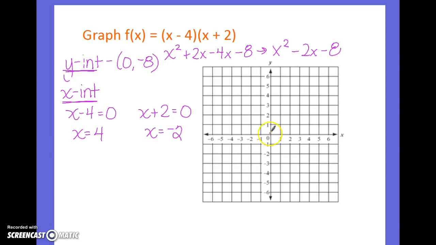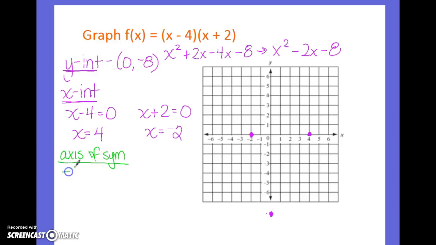Real quick, I'm just going to graph these. Now, of course, it would be off the chart. Go figure, why not? So just a little bit of a roundabout. So there's my 0, -8, my y-intercept. Then I have 0, 4, and 0, -2. So you can see it starting to form. Remember that your y-intercept is not your minimum, so don't think that that has to be your lowest point on your graph. Next, we're going to do our axis of symmetry